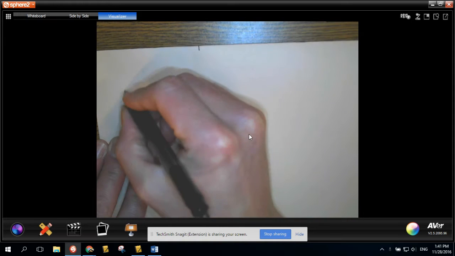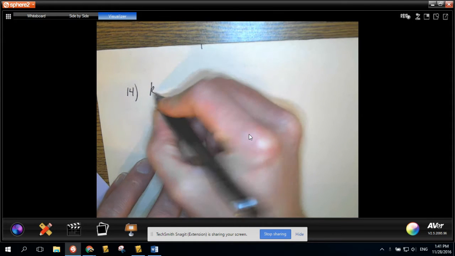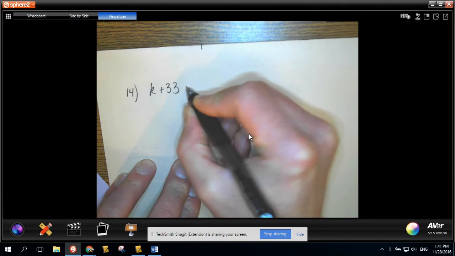All right, guys, we're going to take a look at a couple examples here from our homework. The first one, let's do number 14 on the front side. So that was the integer one. It's got k plus 33 equals